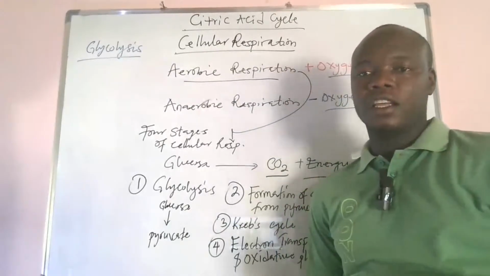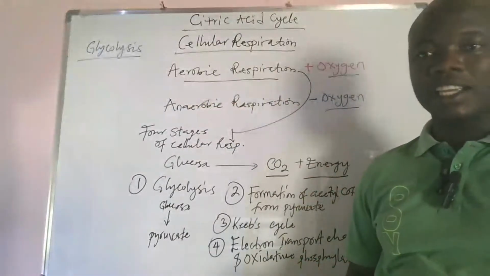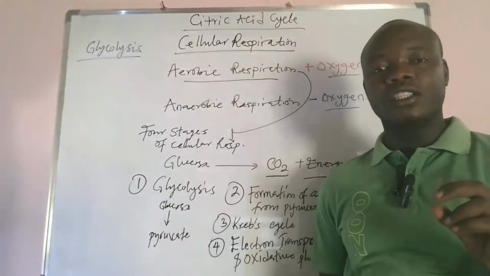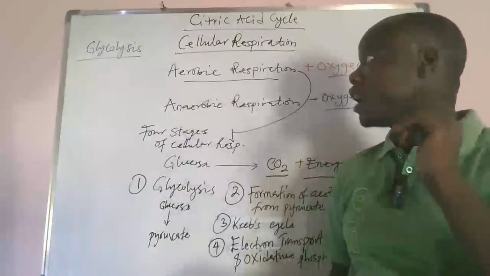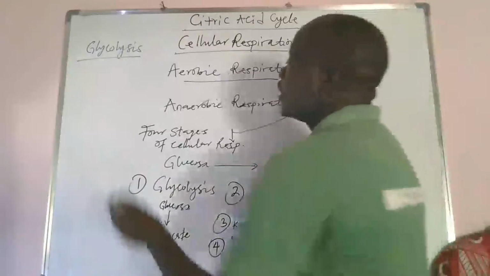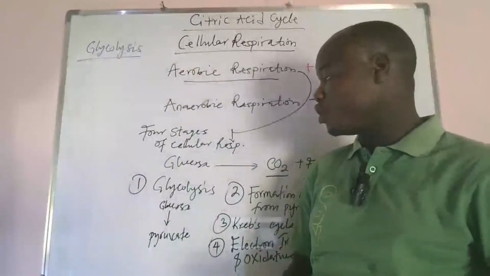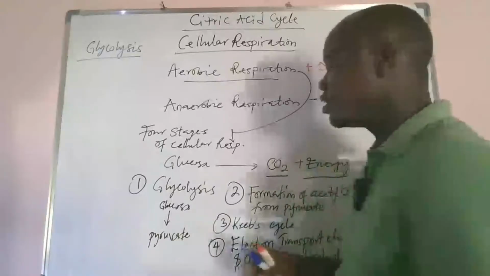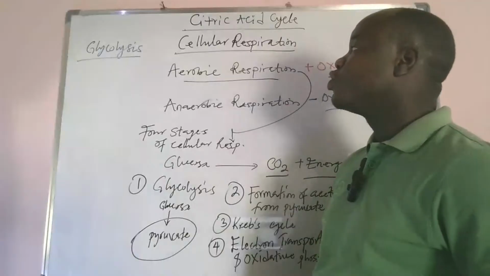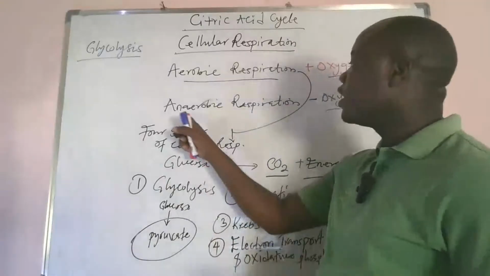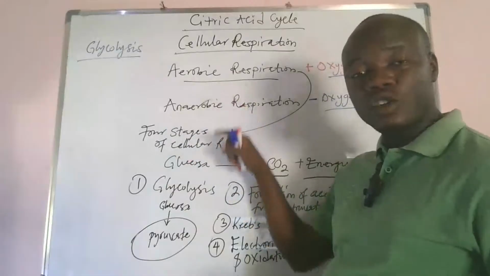So briefly, I want to tell you what happened during anaerobic glycolysis. During anaerobic glycolysis, many things occur. Remember, in glycolysis, what is the end product of glycolysis? What do we generate at the end of glycolysis? Pyruvate. So in the absence of oxygen, that is under anaerobic conditions,